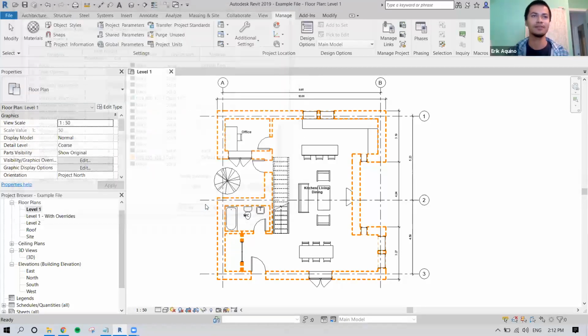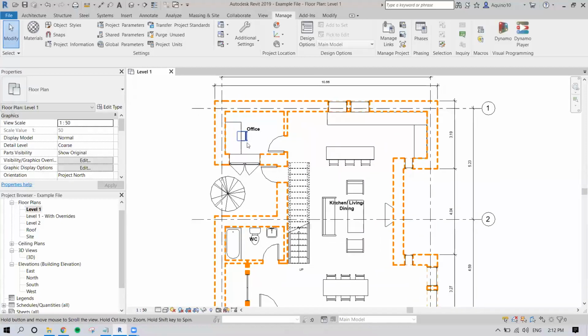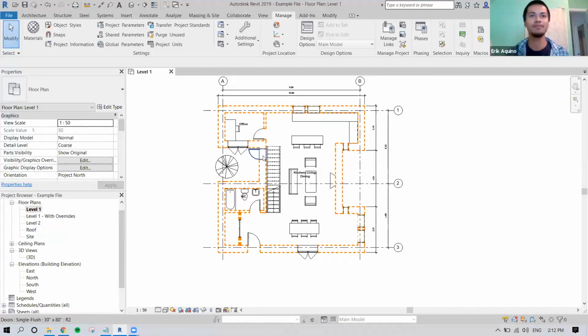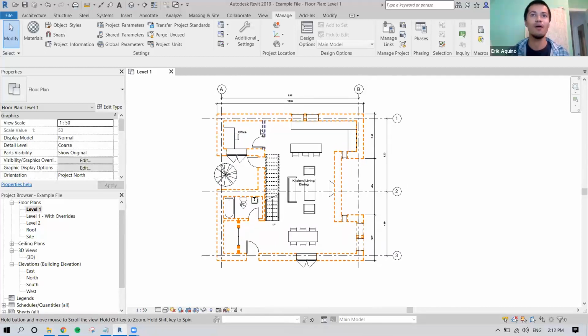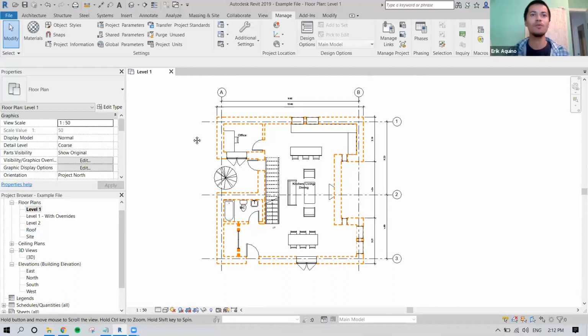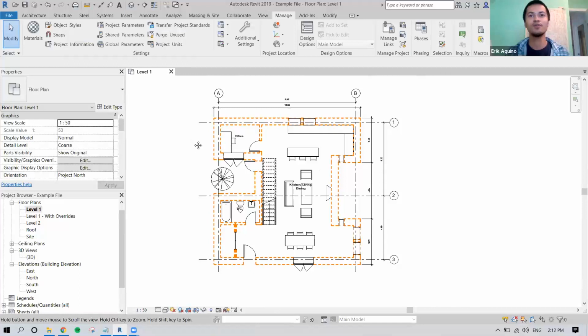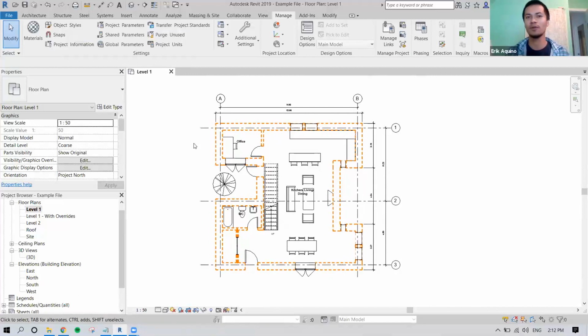Okay, thank you. So we've changed this, and basically now this is our default line type and line pattern for a wall. So what we can use object styles for is if you want to create your own